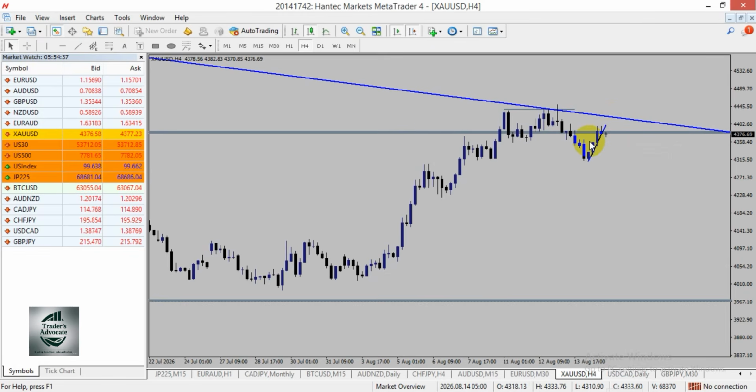Although as of last week, Thursday and Friday, I was anticipating to take a sell. Once I saw the breakout, I needed price to pull back for a retest of this area. I waited for a bearish engulfing candle, but that didn't happen on Friday. So I'm anticipating maybe on Monday, when the market opens, a bearish engulfing candle break below this area. Once you have that, I'll be selling all the way down